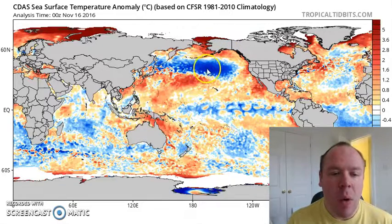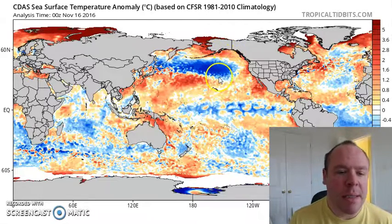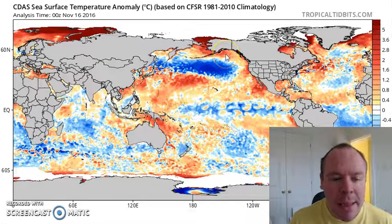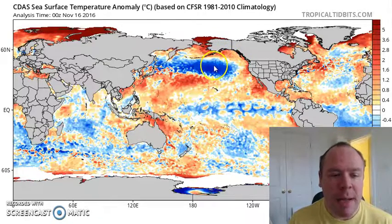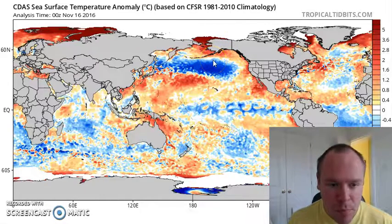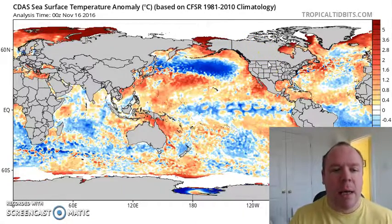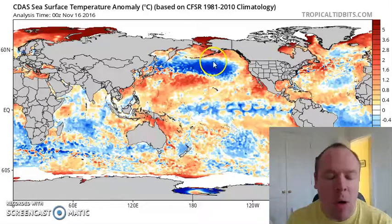The Aleutian Low has been strongest for this time of the year in several years. We still have a bit of warm water over the Gulf of Alaska, but that is likely to have less influence and be more outdone by this cold pool, more dominant cold pool to the south of the warm water lapping the Aleutian Islands here. So what does all this mean? Well, to me, it's hinting more and more at a trough starting to develop here over the North Pacific, extending